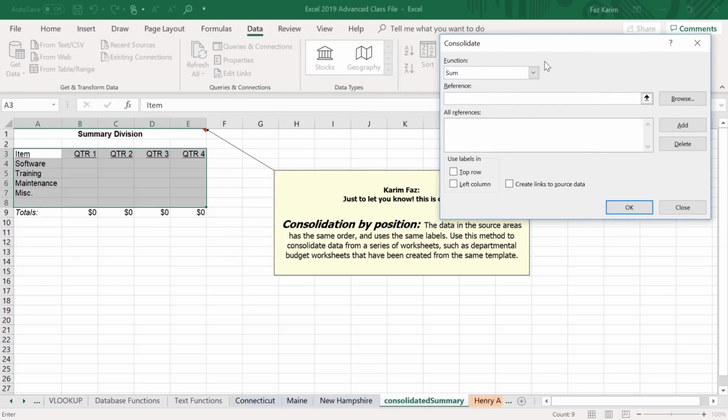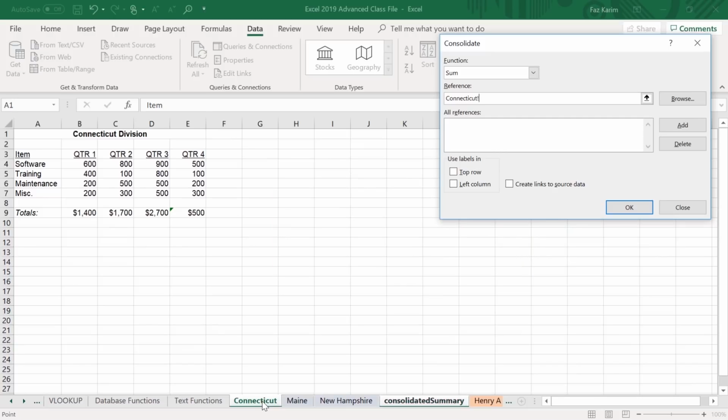And now you just go ahead and fill in the window. You pick what function you want to do. I want to sum up those values. I have other options, like maybe count them, find the average, the biggest one, but I just want to choose the sum. Next, I'm going to choose what sheets I want to summarize. So I'm going to put my cursor in here for reference. And once I have it referenced, I'm going to go to the very first sheet and give it a click,